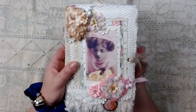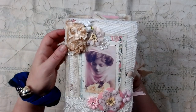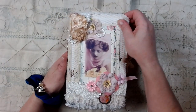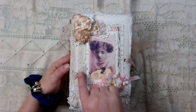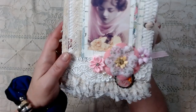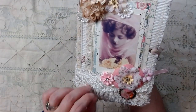front cover. You can see that there's a layer of flowers here, some roses there, some flatback pearl flowers, I guess. They're just pretty. It's a semi-soft cover, so it's firm but soft. This is all fabric here. Then you got a little bit of lace there, and lots of lace and eyelash trim coming out at the bottom here. Let me show that to you guys. So, you can see the layers of eyelash trim underneath there. So again, goes to the shabby, pretty but shabby